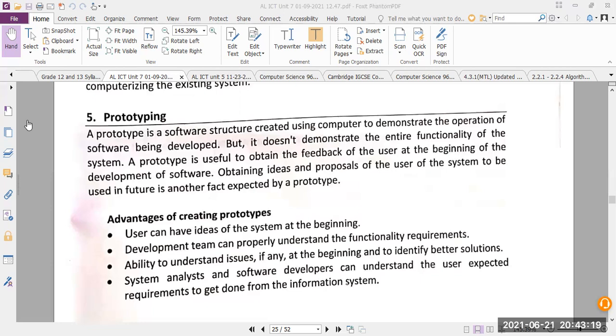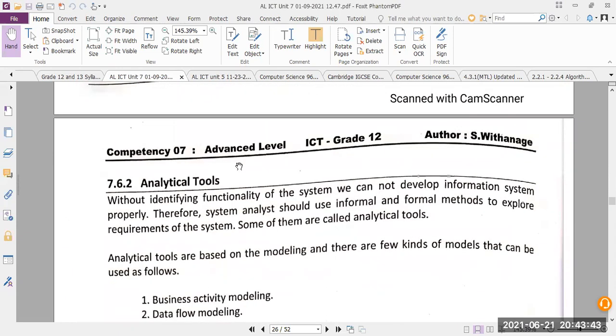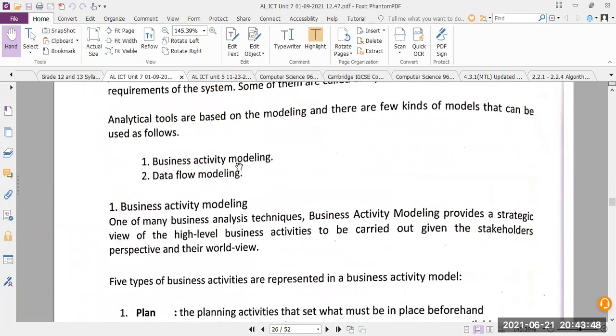I have to start SSADM, sir. I have written until rapid applications development. I have to start from 7.6.2, analytical tools.